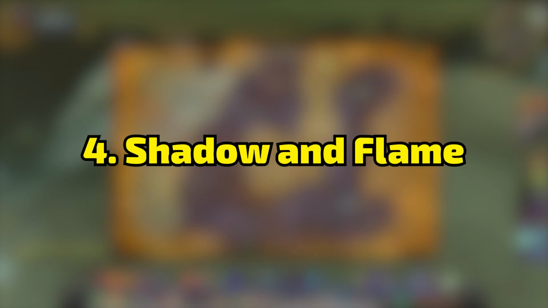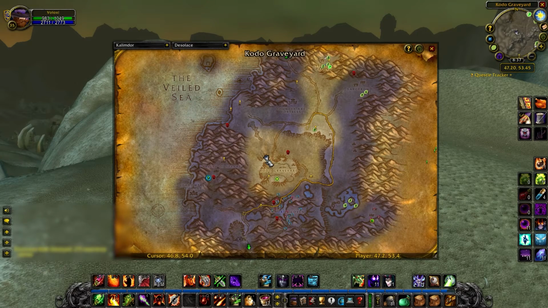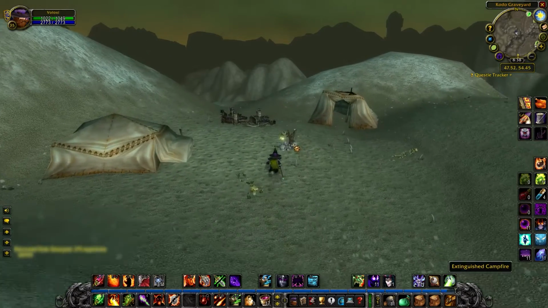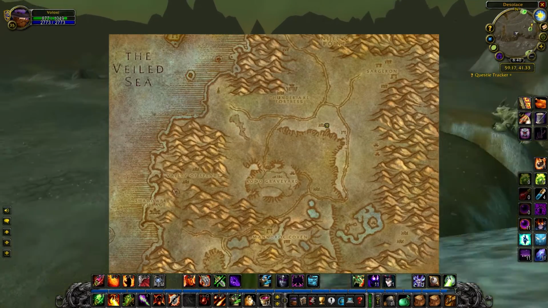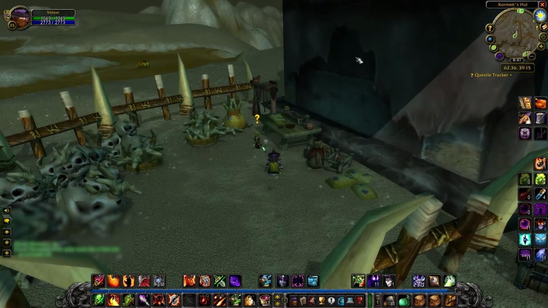Now on to not Shadowflame, but Shadow and Flame, another rune. And this one again starts in Desolace. So you want to come here in Desolace to 47, 54 pretty much, and there's this extinguished campfire. Take this quest, Highway Robbery, at the extinguished campfire, and you hand it in in the same zone, but a little further away at 62, 39 at Bibbly